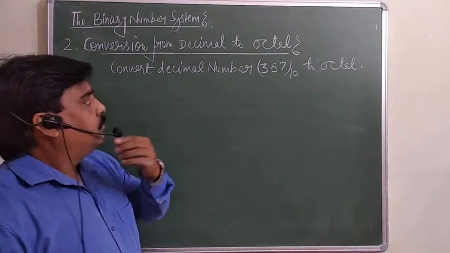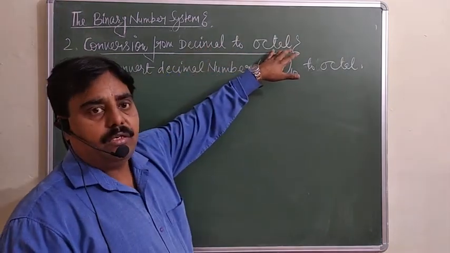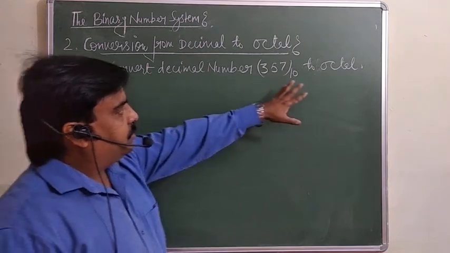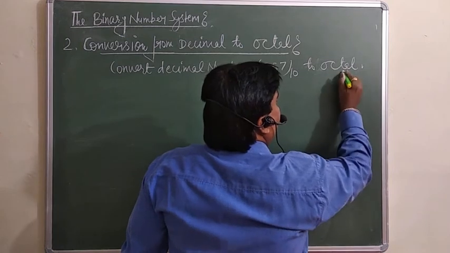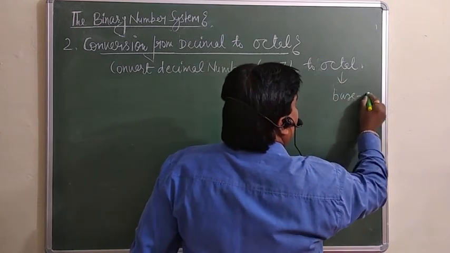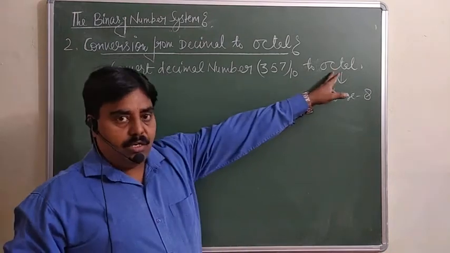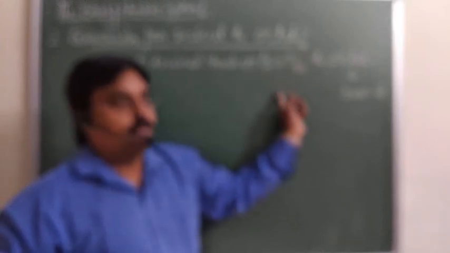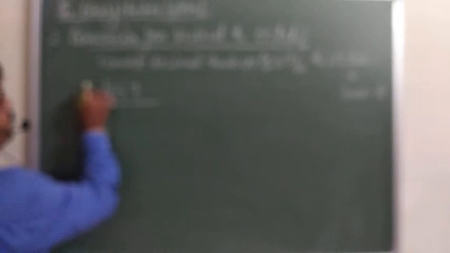Yes. Now, how can you convert the decimal to the octal only? So octal means the base will be 8. In case of the octal, we discuss the base is 8. And this is your decimal number which base is 10. We want to change into the octal form only. So what same method is there? 357. To change into binary, what we were doing? We were dividing by 2. What will we do for octal? We have to divide by base 8. So by 8 you have to divide this one.